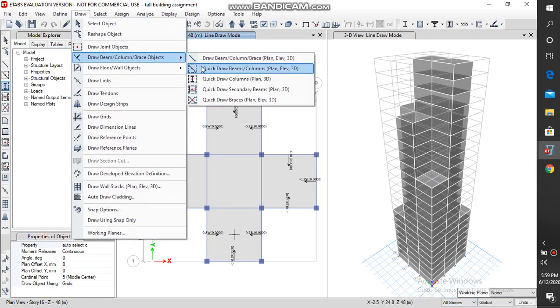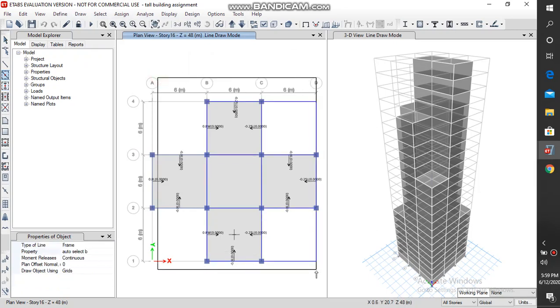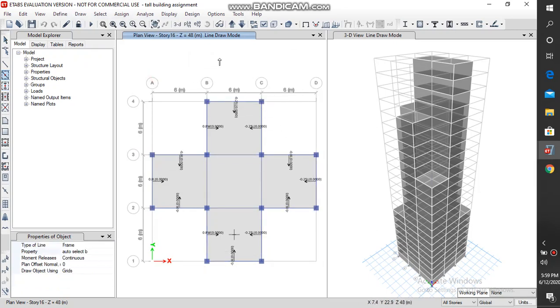beams are also drawn just in the similar way. Okay, but the important thing is, see that laying is done based on the question assigned. If you're doing for a different project, you can do however you want it. In the similar way, again, slabs are also drawn. Here you can find quick draw floor through which we can draw slabs. See, if you click on this, this turns out.